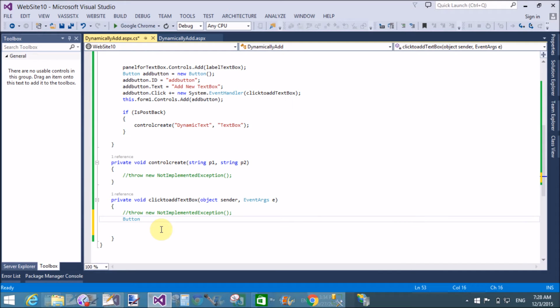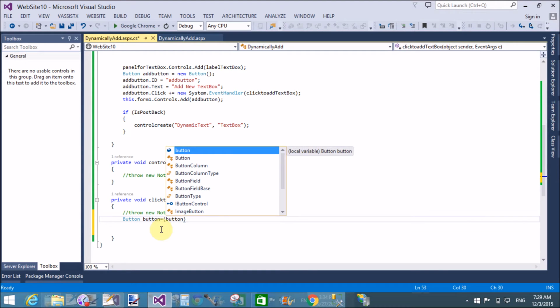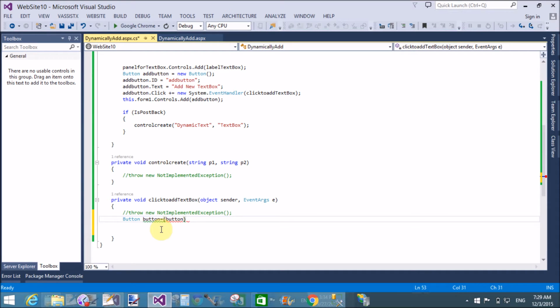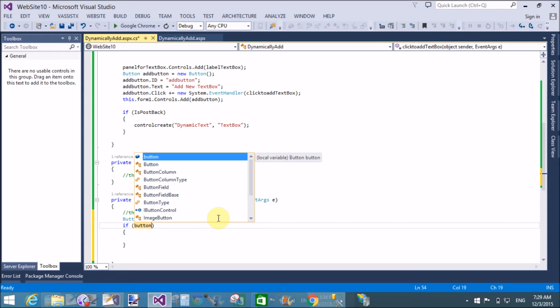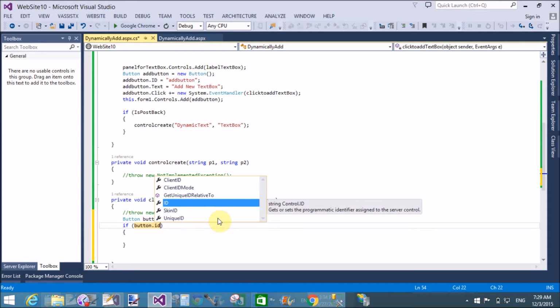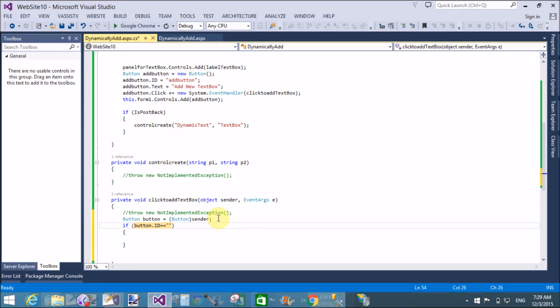Here we create, first of all, when we click on the button, a text box added dynamically. So get the button by using sender, because in the above code when we click on the button, that is the ID of the button, that is add button, then generate event handler, that is click, to add text boxes. In the sender part we have a button, so use the button class to get the ID from the sender. So if button dot ID equals to add button,